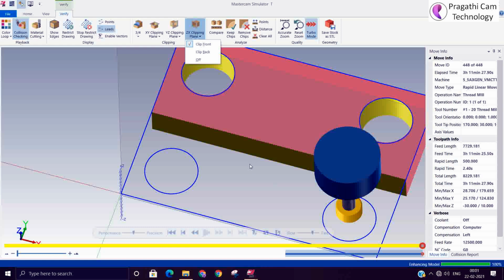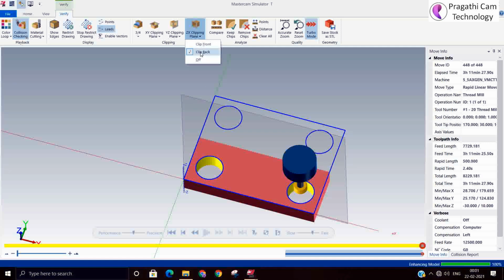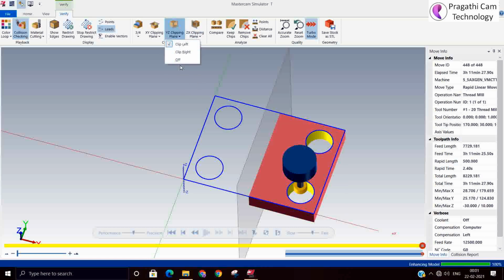This I think we can move. Let us see. So actually we need it on that particular point. Let us see then.